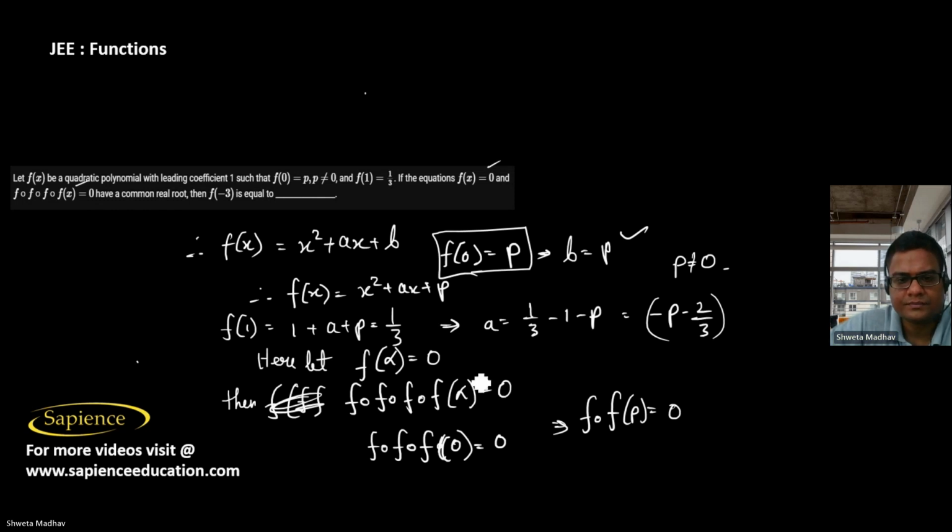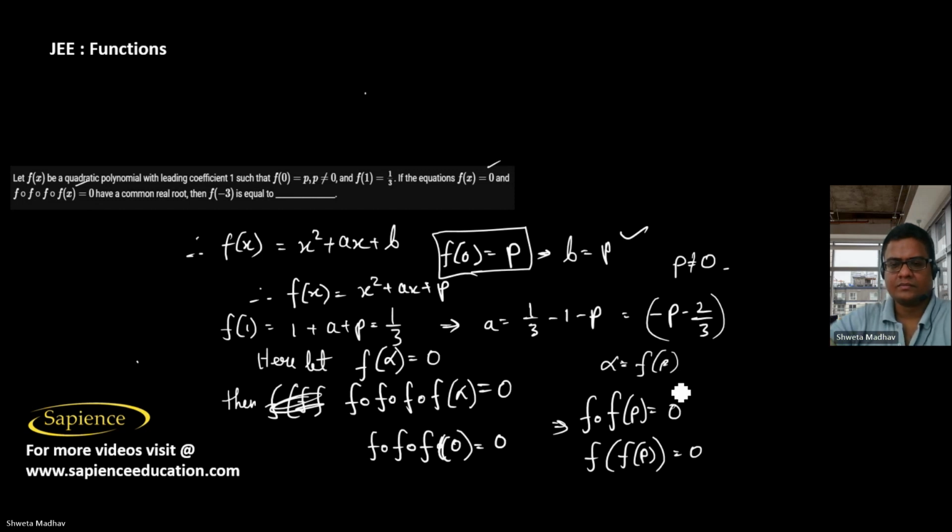Now it means that f of p is 0. So it means that now f of alpha is 0, so alpha is nothing but f of p. Now therefore f of p will be equal to